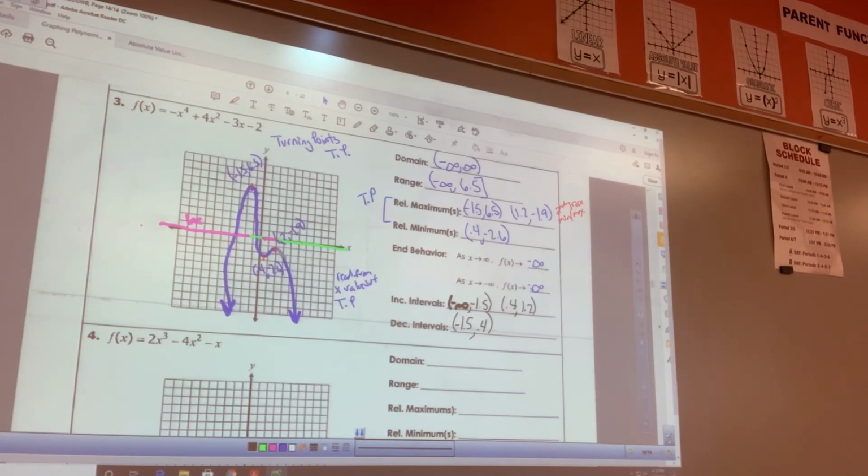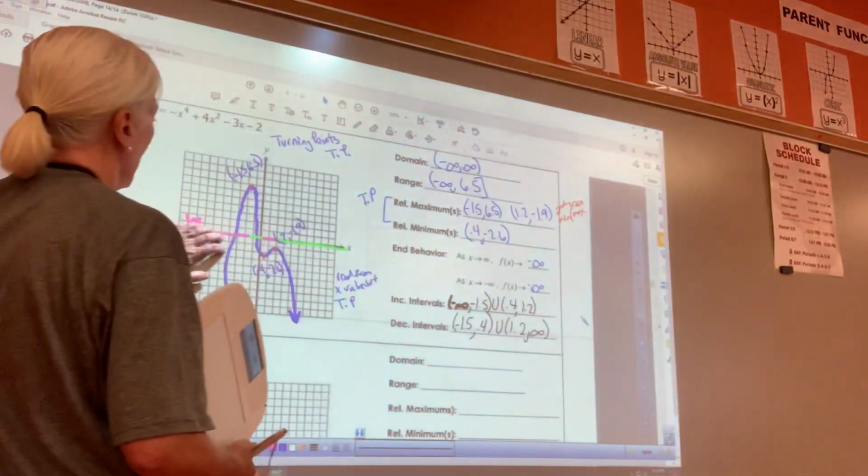And then it starts decreasing where this green is at 1.2 to infinity. Now, because we have two of each of these, this is a union, because we want everything in